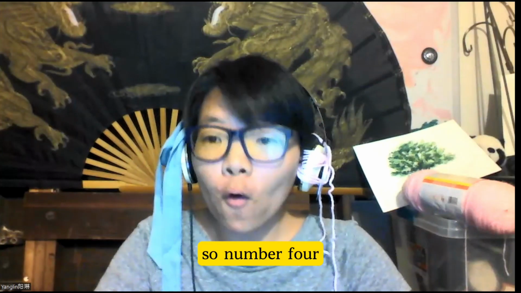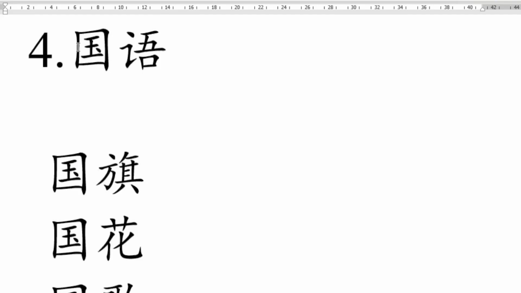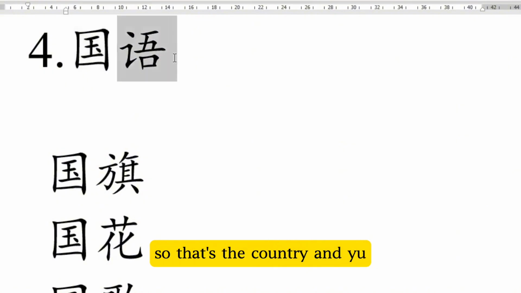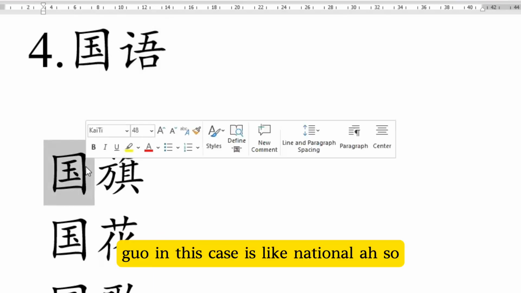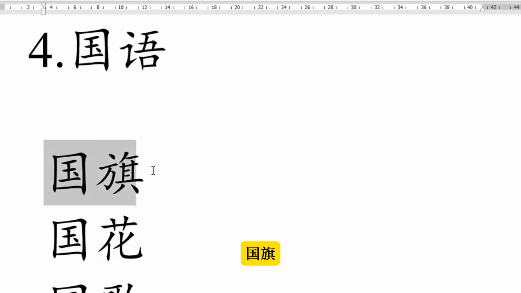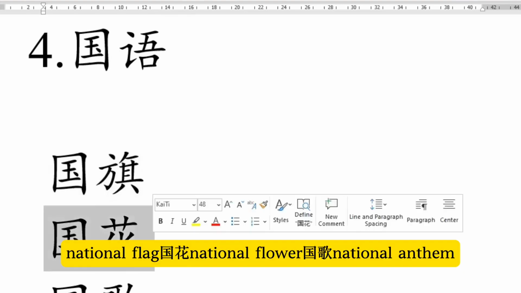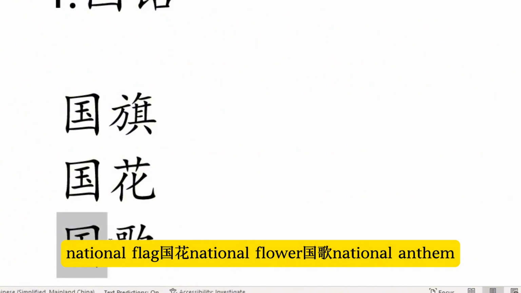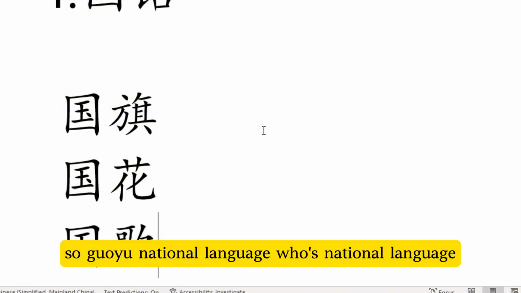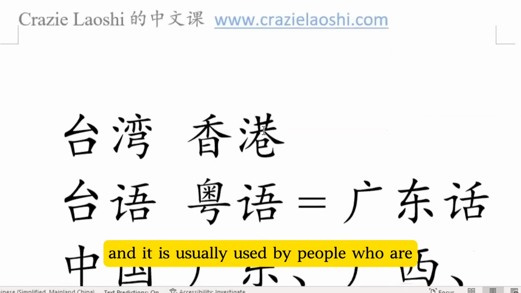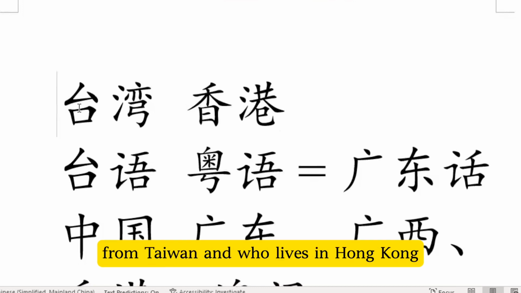So number 4, 国语. 国, you know 国 from 中国, 英国, so that's the country. And 语, that's the language again. So 国 in this case is like national. So 国旗 national flag. 国花 national flower. 国歌 national anthem. So 国语 national language. Whose national language? 国语 means Chinese, and it is usually used by people who are from Taiwan and